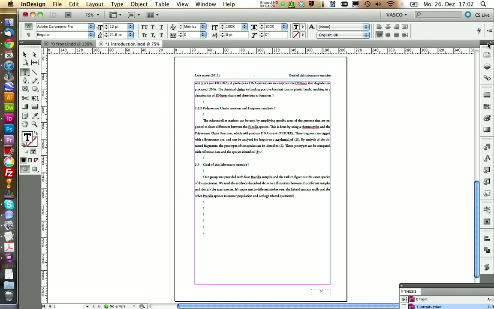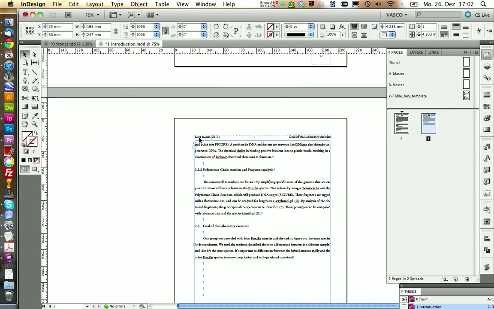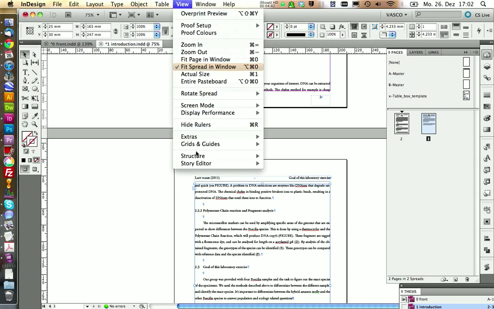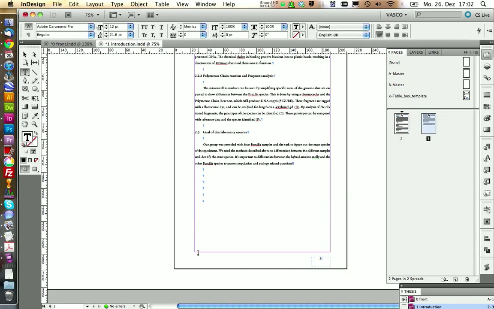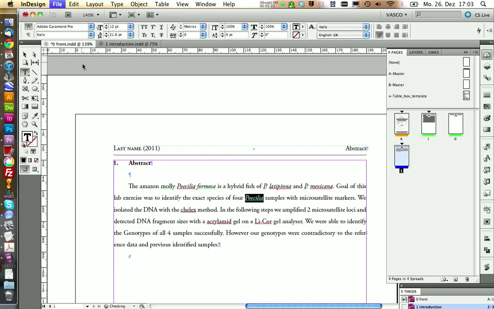And it's also important to know that you always need to have two pages that are threaded together with the text frame. Like here. So we don't see this thread at the moment, but we can go on View and here on Extras and show text threads. And now we see those text frames are linked and the text will flow from this frame to the next one. And if I have reached the bottom of this frame, it will insert automatically new pages as needed. But this only works when I have at least two pages that are threaded by a text frame. This is very important to keep in mind. Let's save this one and this one as well.